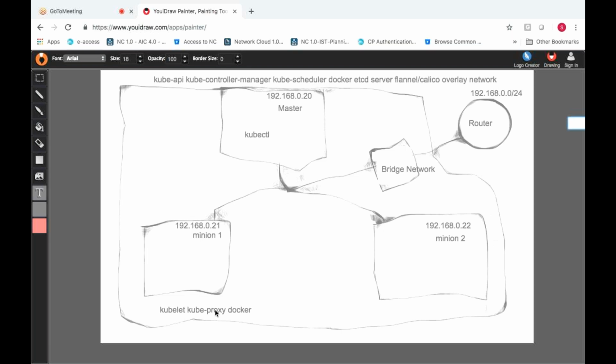And obviously Docker needs to be installed on all the minion nodes, because containers are actually launched on these nodes. To be simple, Docker needs to be installed on all the machines. It is not about master or minion nodes. On all the nodes in the Kubernetes cluster, you need to install Docker first. Then you will decide which node will be a master and which nodes will be minion nodes. Based on that, you will install the packages. Here we are using Ubuntu servers.